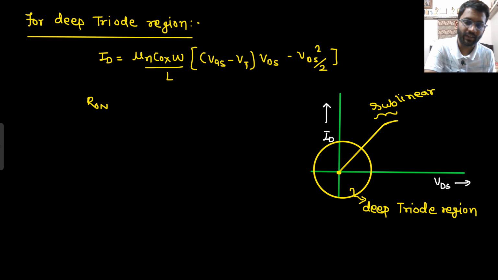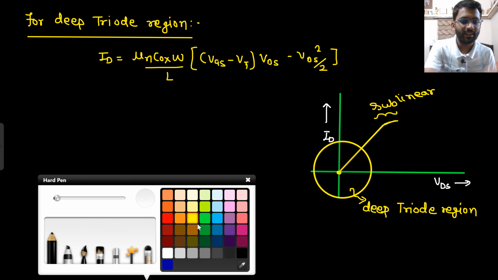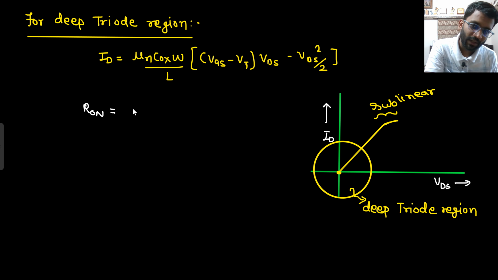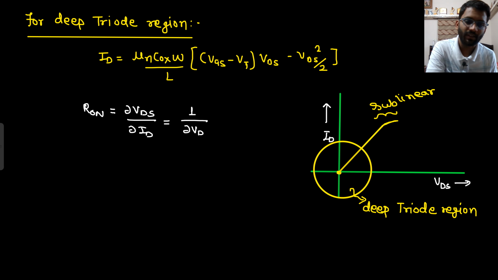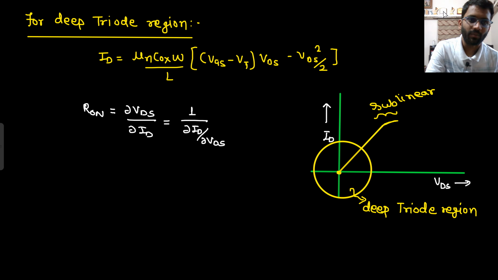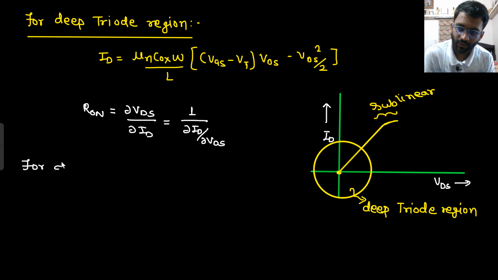The expression that we write, we call R on, not RDS. The RDS expression is given for the saturation region only. So for the linear region, we generally call it R on. So R on will be del VDS by del ID. That would be 1 by del ID upon del VDS. And for the deep triode region,